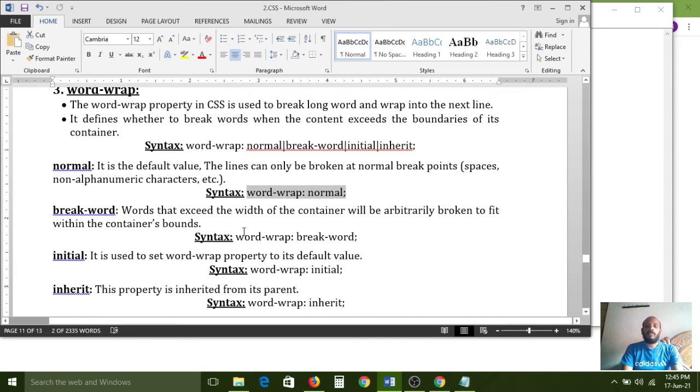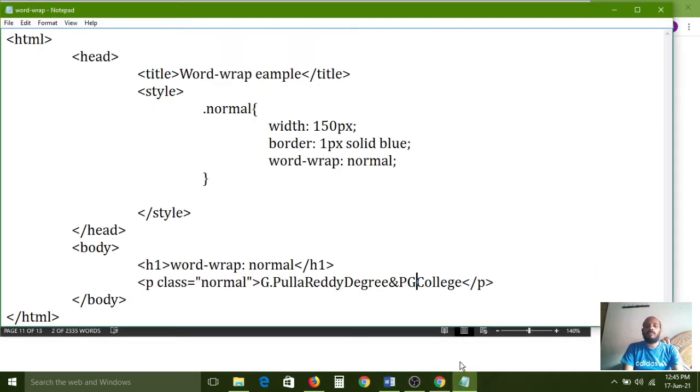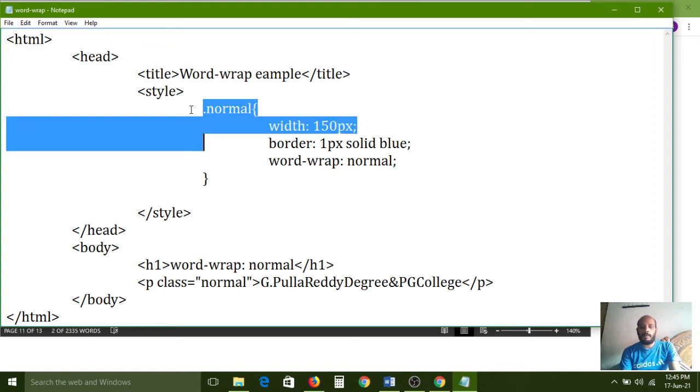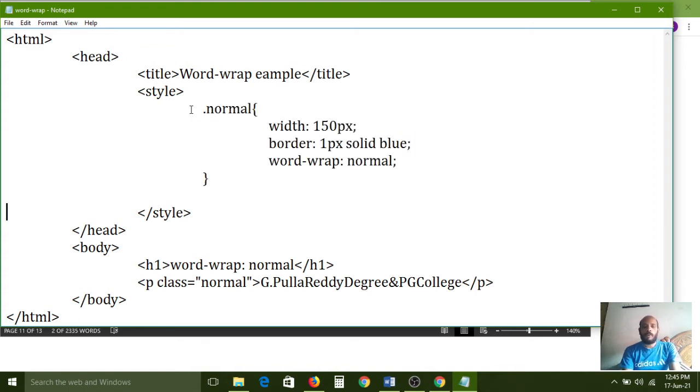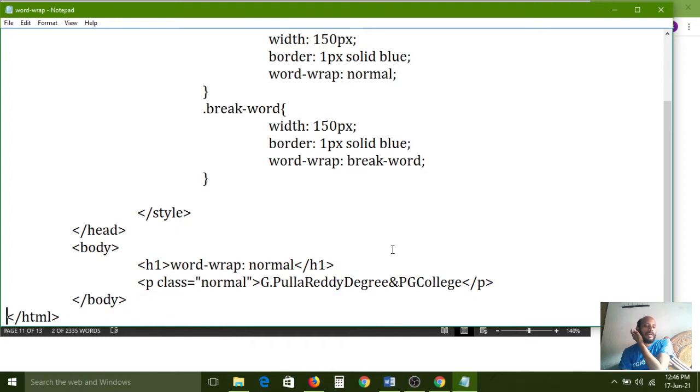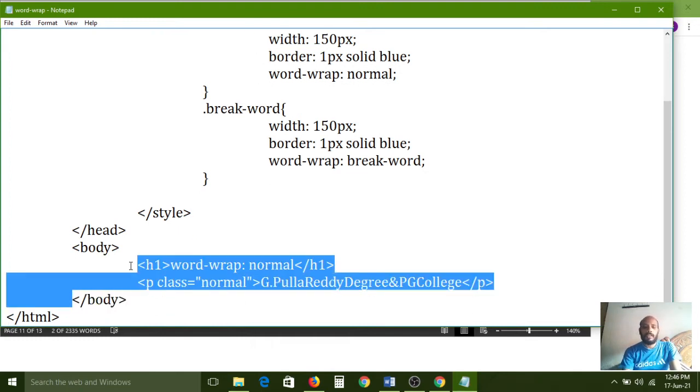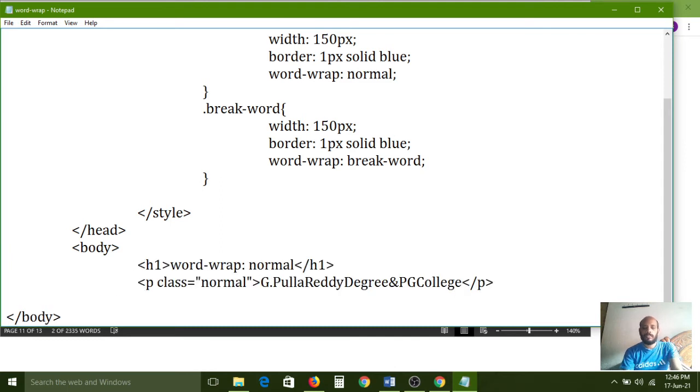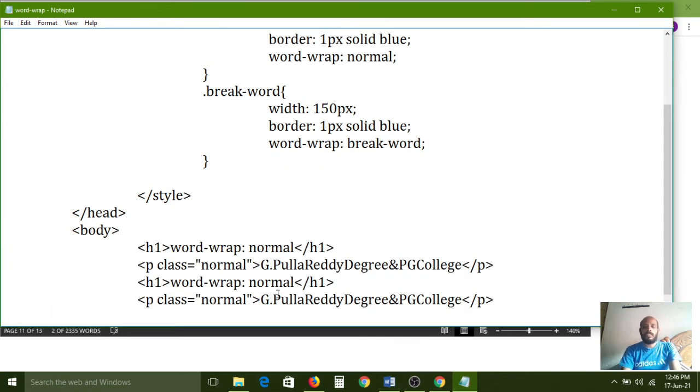Now instead of normal, I want to use break-word. What is the next value? Break-word is the next value. So now I am copying the entire CSS styles and pasting them here. Instead of normal, I am using the break-word keyword, and I need to assign it for the word-wrap property too. Then I copy these two elements and paste them here.